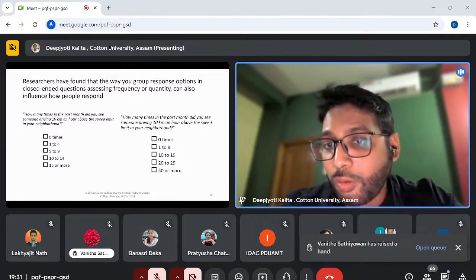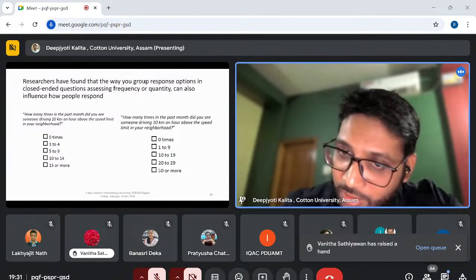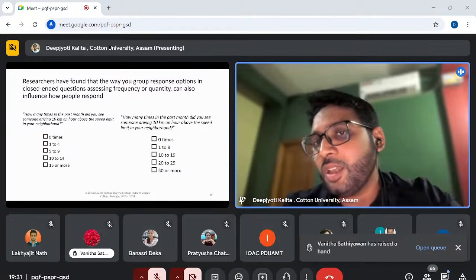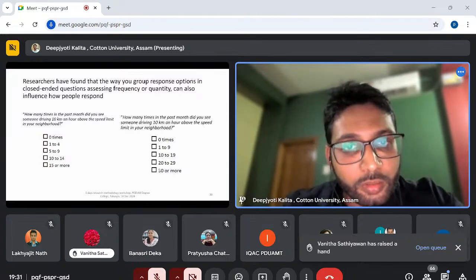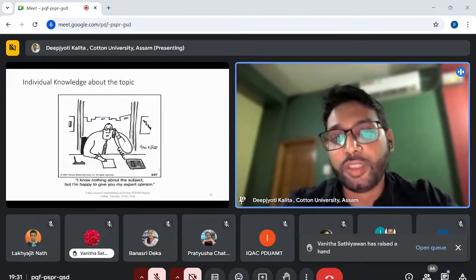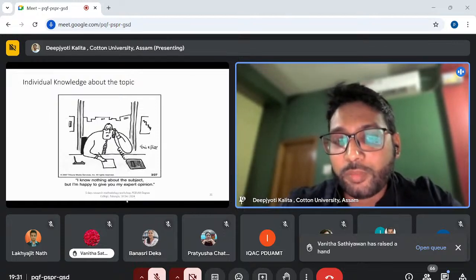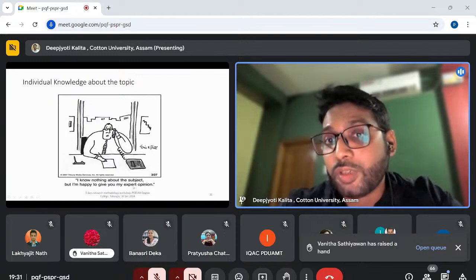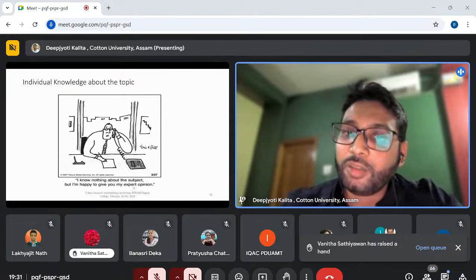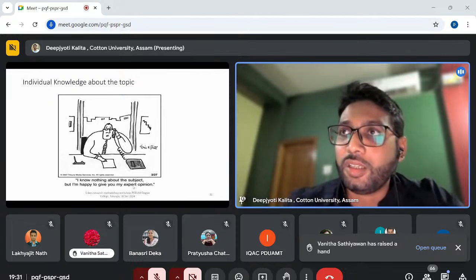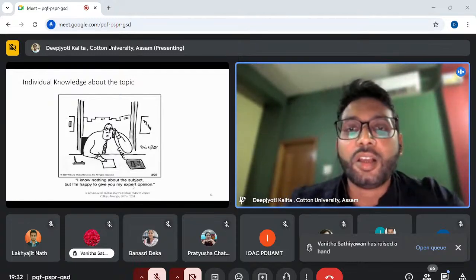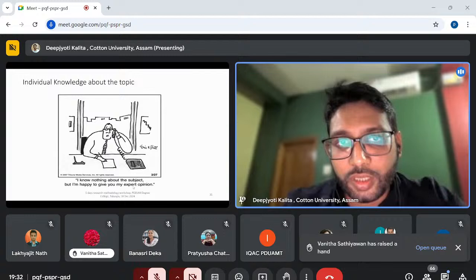That means putting your options in a certain way. Again, you have to be very careful about putting the options so that there is no bias in the answer scheme. One more point is that it depends on the individual's knowledge of the topic also. It is not like I know nothing about the subject, but I have to give my expert opinion. This is where judgmental sampling might come up. I should go to the person who really knows these things, who is accustomed with the topic that I am asking questions about. It is not like fulfilling the desired answer or desired responses only.